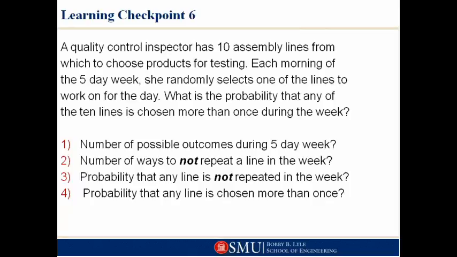A quality control inspector has 10 assembly lines from which to choose products for testing. Each morning of the 5-day week, she randomly selects one of the lines to work on for the day. What is the probability that any of the 10 lines